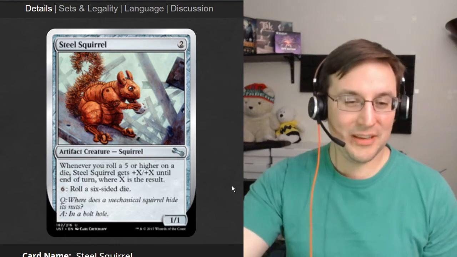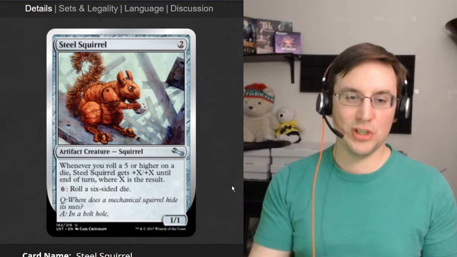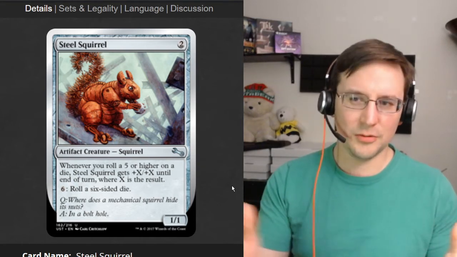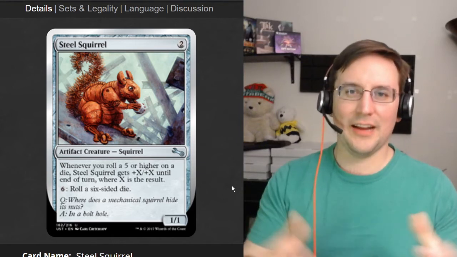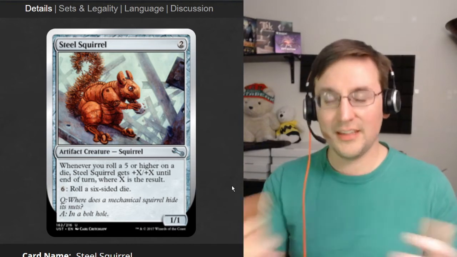Sorry, I'm just still blown away. So the one thing that I find really funny, as I'm recording this, is that Unsanctioned has been spoiled and it's going to be coming soon, though I don't think it's actually come out yet. So we're in a space with the silver bordered sets, and if you're not familiar with what I mean by that,